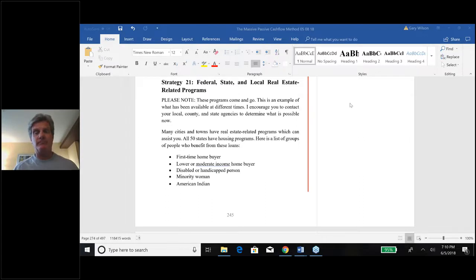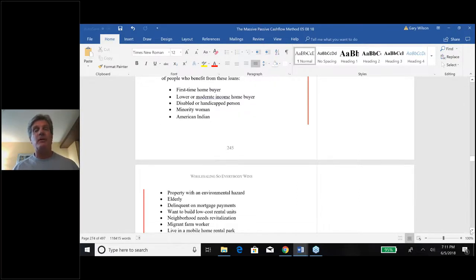Now back to this. First things first, let's go into some fundamentals here. I'm going to go back to the question box just real quick, just to make sure we're okay, and it looks like we are. So first things first, the different programs exist for different reasons for different people in different categories at federal, state, and local levels.